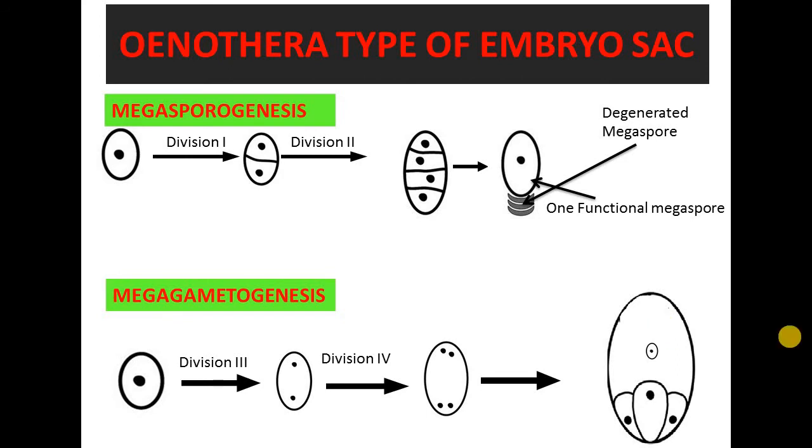You can also understand this structure in the inverted form, because we have explained about the degenerated chalazal part in the below region. So you can understand this is inverted form. You can just take it as an inverted manner, then you will understand the antipodals will be absent here, and the egg apparatus is there. So a 4 nucleate structure is there here.